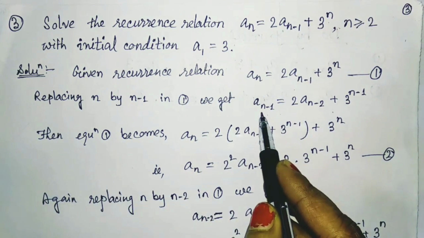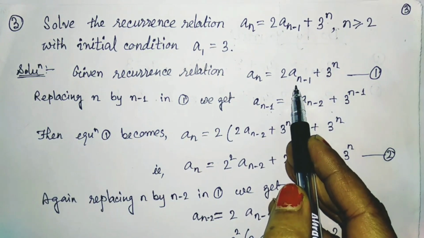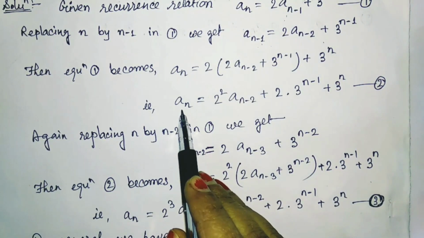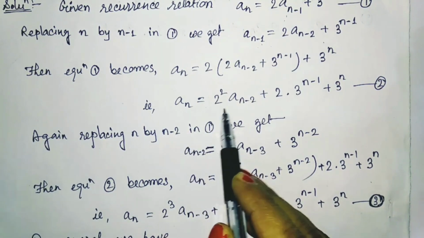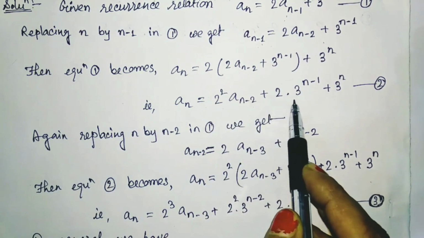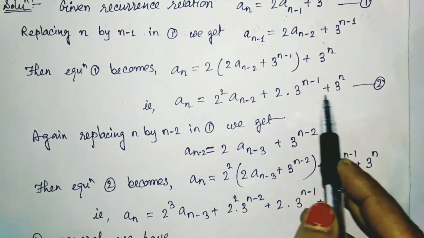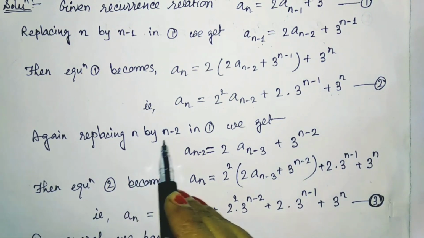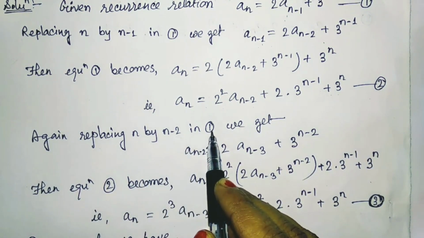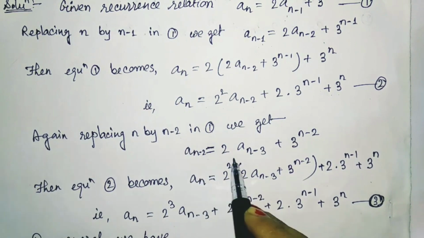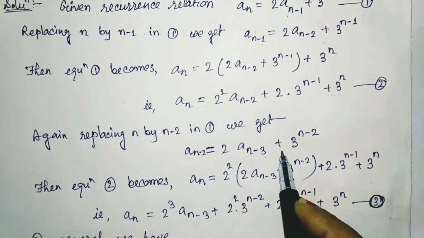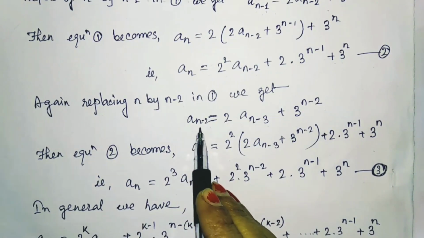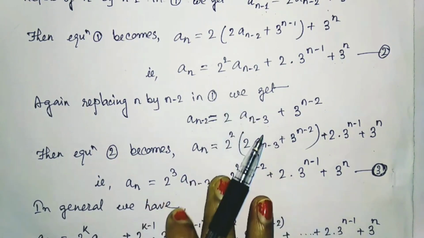This value of an minus 1, if we substitute in equation number 1, we will find the simplified form as an equals 2 to the power 2 an minus 2 plus 2 into 3 to the power n minus 1 plus 3 to the power n. This is equation number 2. Again replacing n by n minus 2 in the given equation number 1, we will get an minus 2 as 2 into an minus 3 plus 3 to the power n minus 2. And we substitute this value of an minus 2 in equation number 2,